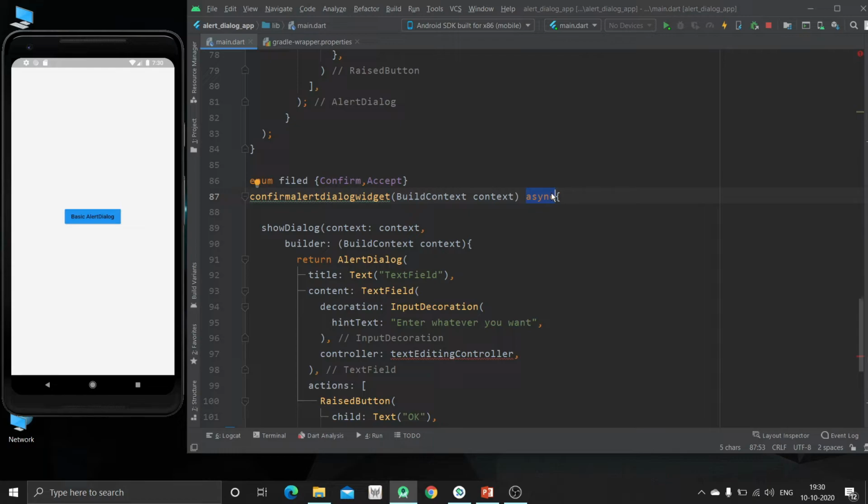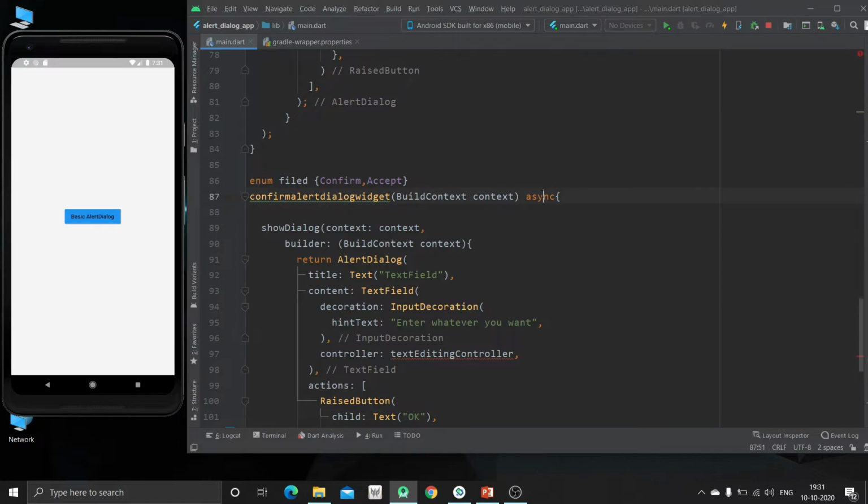So what's the difference between synchronized and asynchronized? Many interviewers also ask that. The basic difference is that whenever any widget is synchronized, it will wait until that particular method or function has finished executing. Up till then, other methods or execution will be blocked.